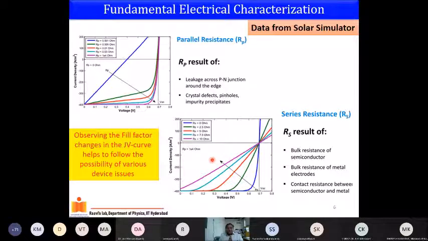Of course, the VOC and JSC cannot be changed because of your device packing. You can only play with the fill factor. The VOC and JSC require some more things. VOC is fixed once you know your material characteristics, but the JSC, or the short circuit current, or the way the current is flowing in your solar cell, depends on the material property of your solar cell. How good is your material? How good is the charge transport happening in the material? So these are the things which we will understand by understanding the material aspects of your absorber.